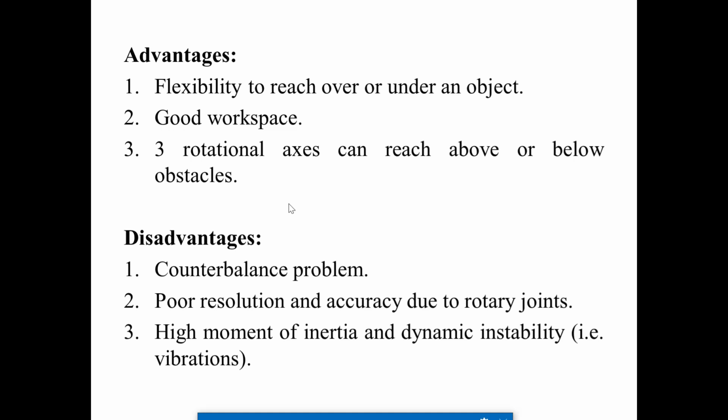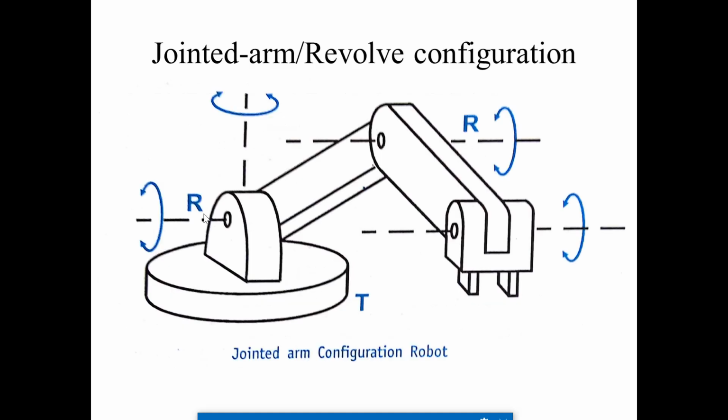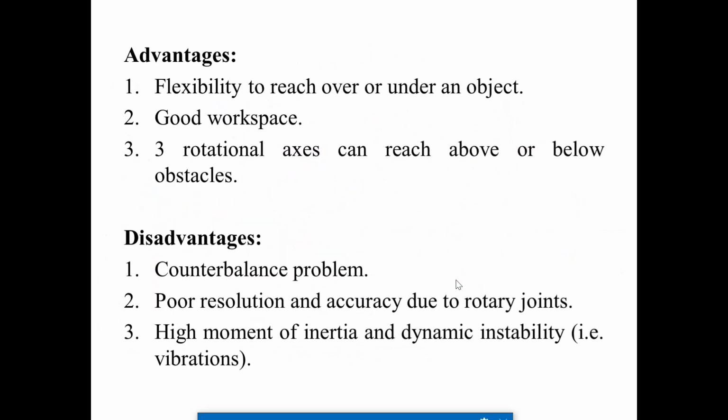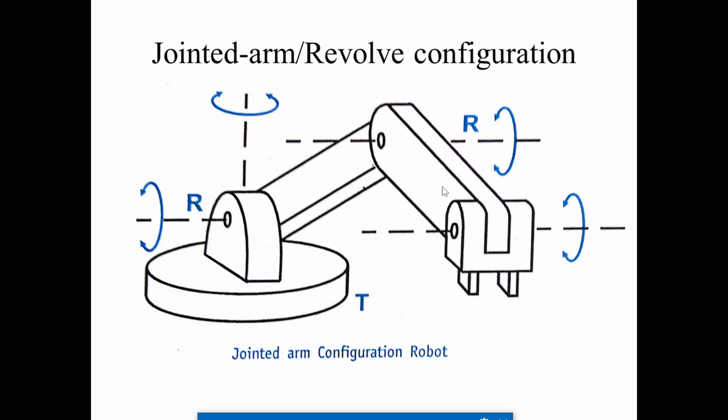Good workspace is there for this particular jointed arm or revolute configuration. 3 rotational axes can reach above or below the obstacles. 1, 2, and 3. 3 rotational axes, so objects above or below can be reached. Disadvantages are more counterbalance problem, poor resolution and accuracy due to rotary joints, high moment of inertia and dynamic instability for this jointed arm or revolute